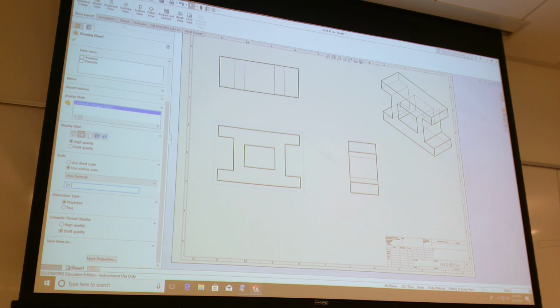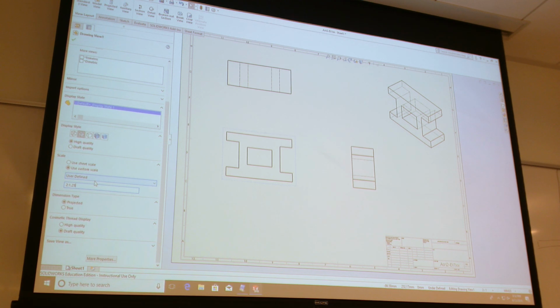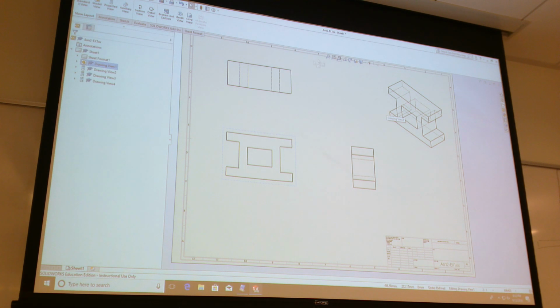If I type in 1.5, then you make it a little smaller. So the first number on the left is the size of the model, being divided by this value. And there's a colon that separates that right there. So I'm going to put 2.25. 1.25, I can control that. All right, I'm going to check mark that. This view here should be half the size of this. So just click on this,